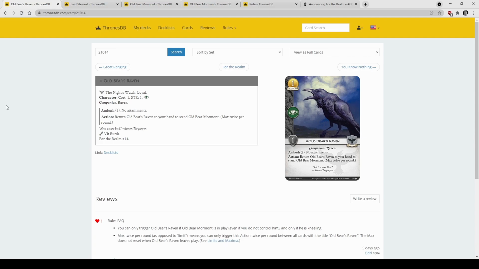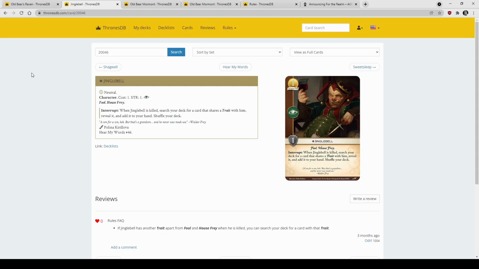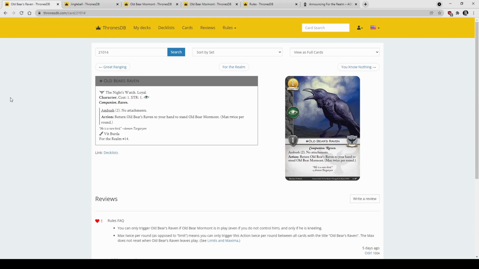And I think, okay, to return to hand, he needs Old Bear Mormont on the board. He cannot do it otherwise. But even without that, I think this will see play, because when Hear My Words was released, we had Jingle Bell, a character that when he dies, searches for something that shares a trait with him, so for House Frey and full characters. I definitely saw him played in decks that had none of those traits, so his search was going to fizzle no matter what, and people were just playing him for the cost to help with setups. And this one is actually, apart from having that cost one, one that you can set up